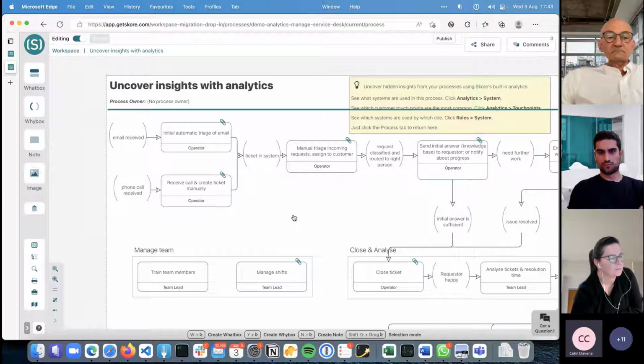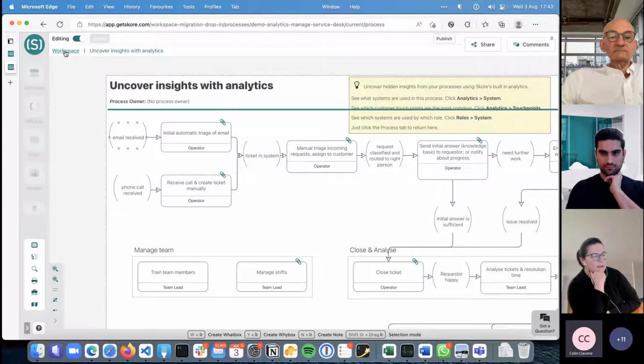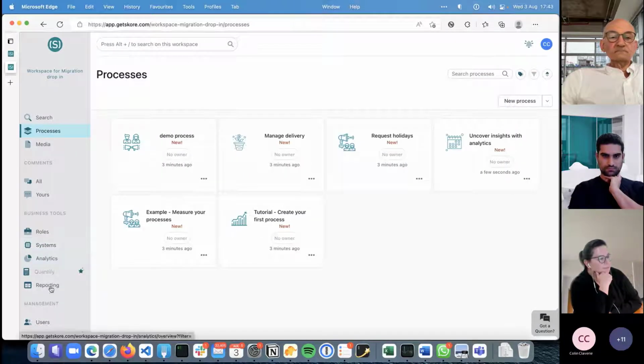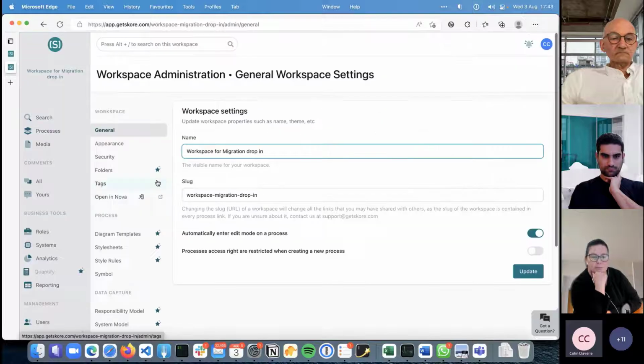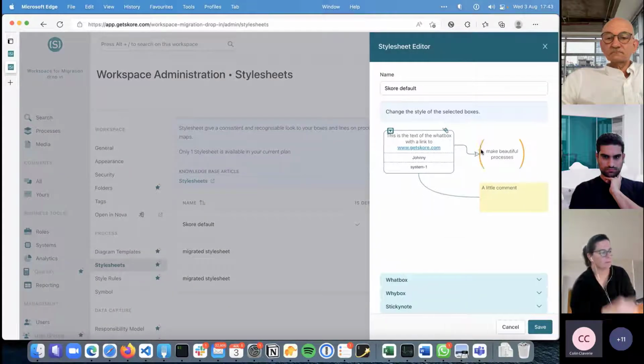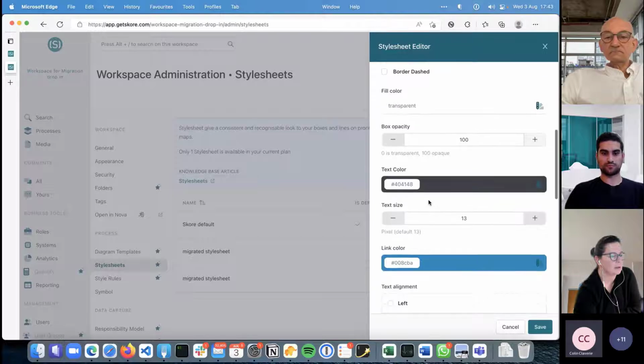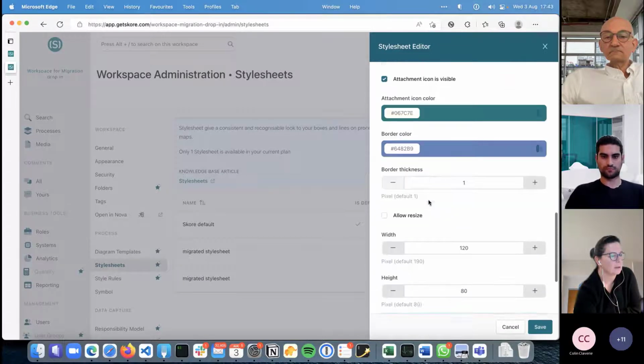In this new style sheet, I see, all right, actually, I don't like very much the color. I don't want to see the border of the white box. So now if I'm editing, let's actually do that live. It would be simpler. So let's show you the power of the new style sheet in Spinnaker. So admin, style sheet, Skore default, that's the one I agreed with myself that's the one I will use. I don't want this border. So white box, fill color, text color,